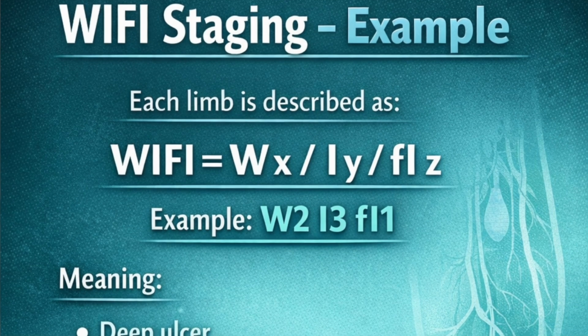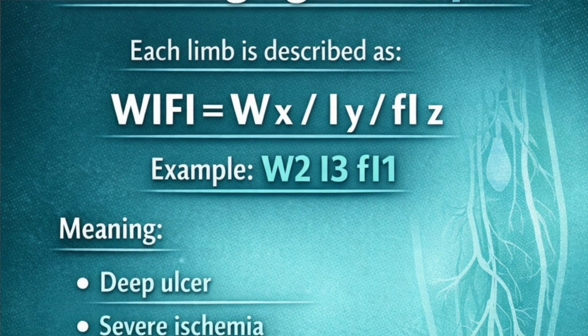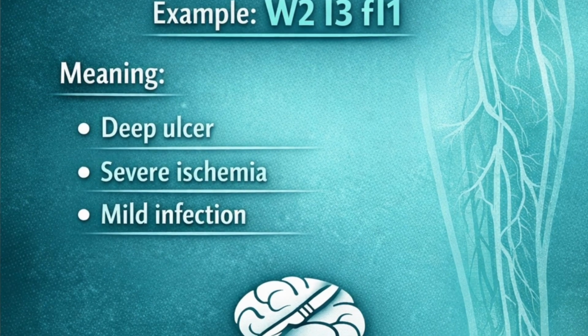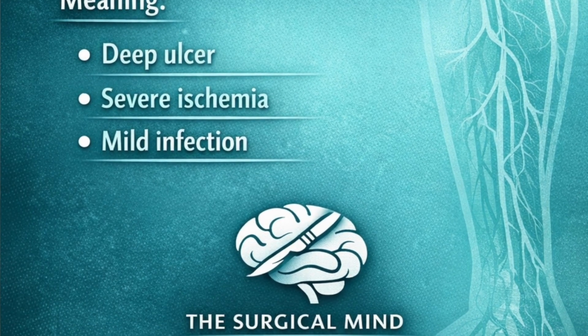So if the right lower limb is described as W2, I3, FI1, it means that the patient is having a deep ulcer with severe ischemia and mild infection. So next time someone says WIfI in surgery, remember that this WIfI does not connect to the internet, but it decides whether the limb